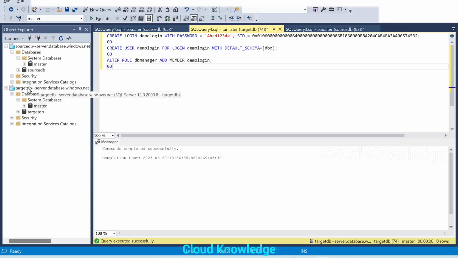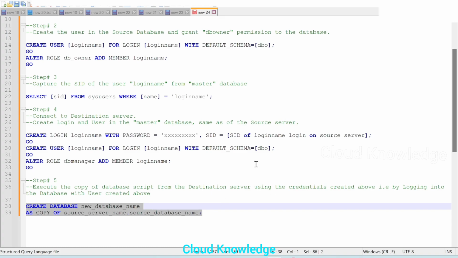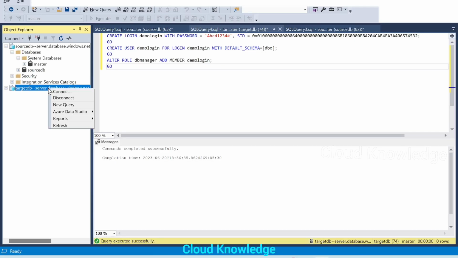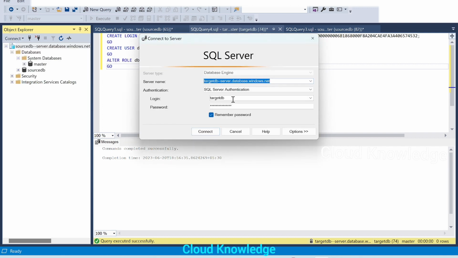Just copy this script from the destination server. Okay, from the destination server means here. This is the destination server. But we have to log into this destination server with the credentials demo login. So we have to right click, disconnect first, and then try to again connect to this target server using the login which we have created, which is demo login, and the password we have used there.